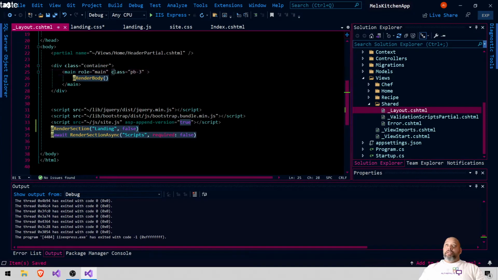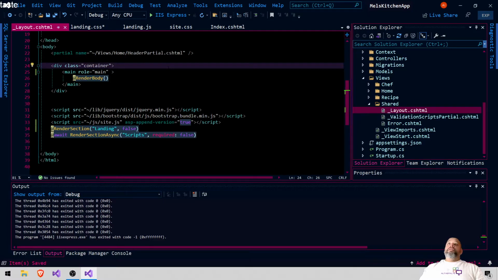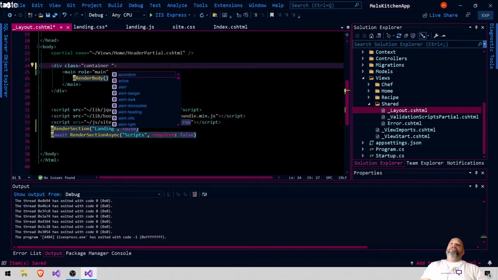We're going to get rid of this class of padding bottom 3. Let's get rid of that. We don't need that. We probably are going to get rid of this container, so to say. We're just going to add layout container, and the reason I'm doing this is because